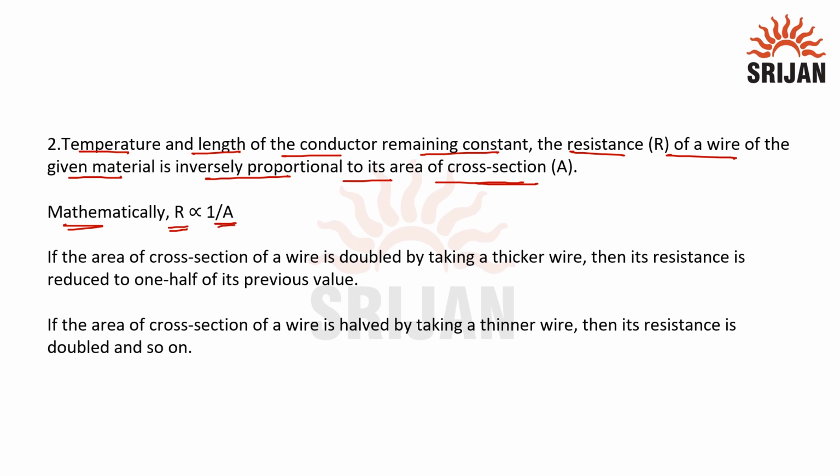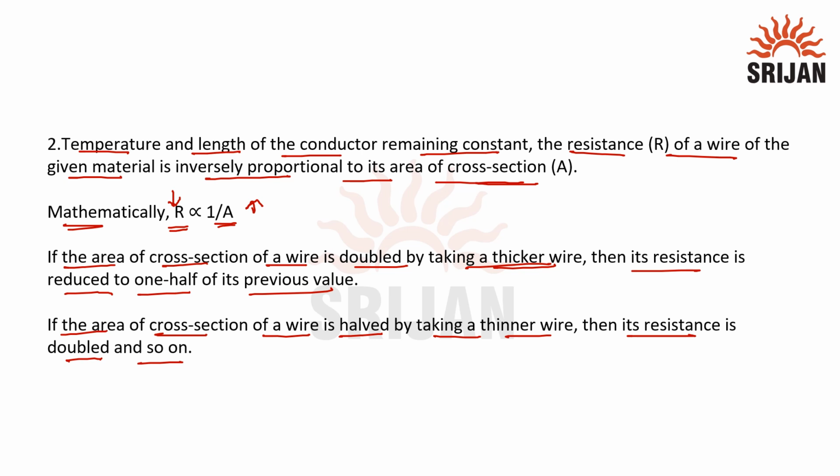That is, if we increase the area of cross section, the resistance will decrease. If the area of cross section of a wire is doubled by taking a thicker wire, then its resistance is reduced to one half of its previous value. If the area of cross section of a wire is halved by taking a thinner wire, then its resistance is doubled,